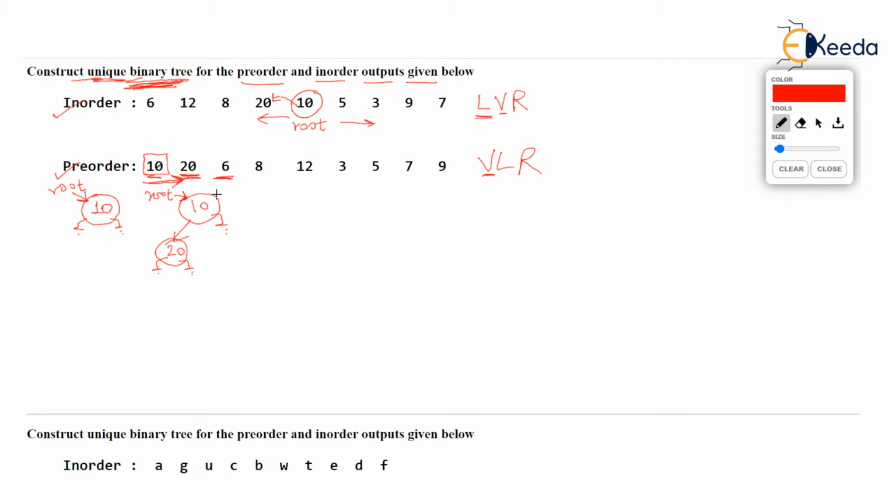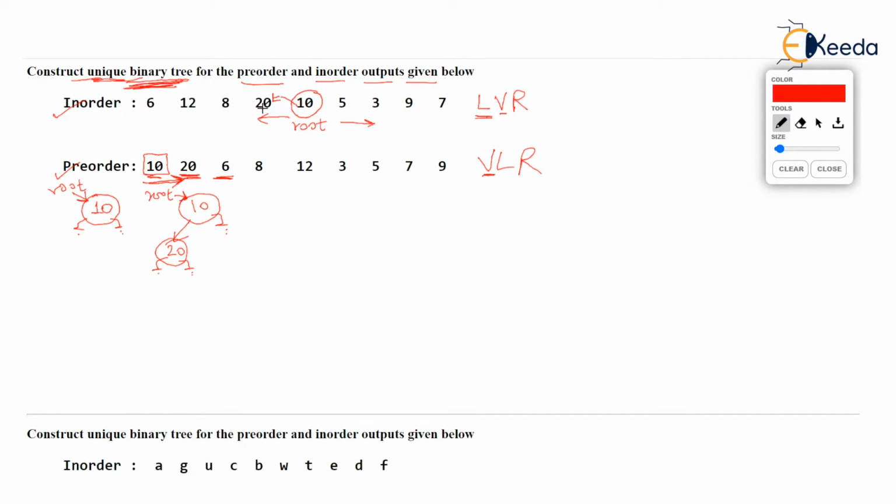So let's come to our tree. We have concluded that 6, the new value, should go to the left of 10. But left of 10 is already occupied by 20. Hence, we start checking the relation of 6 and 20 as far as their positions in the in-order are concerned. So leave out 10, the root, and go to 20.